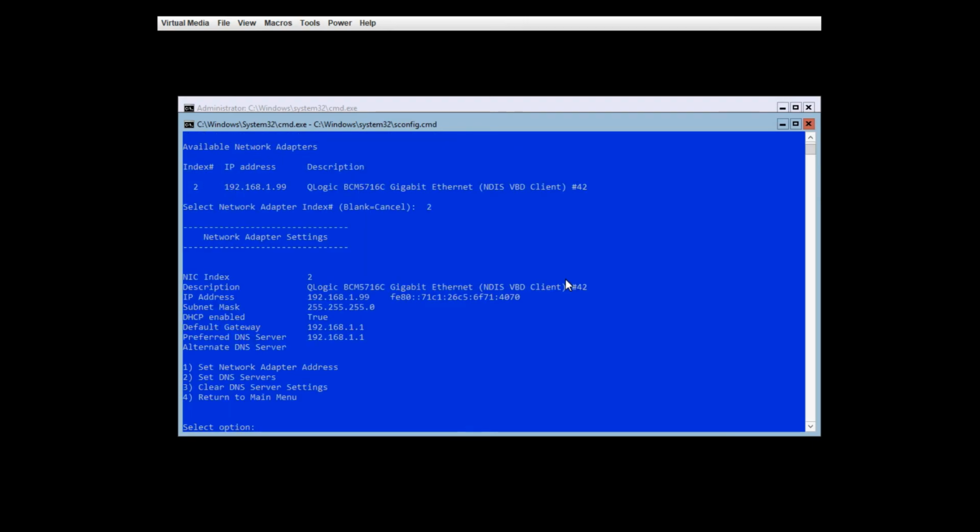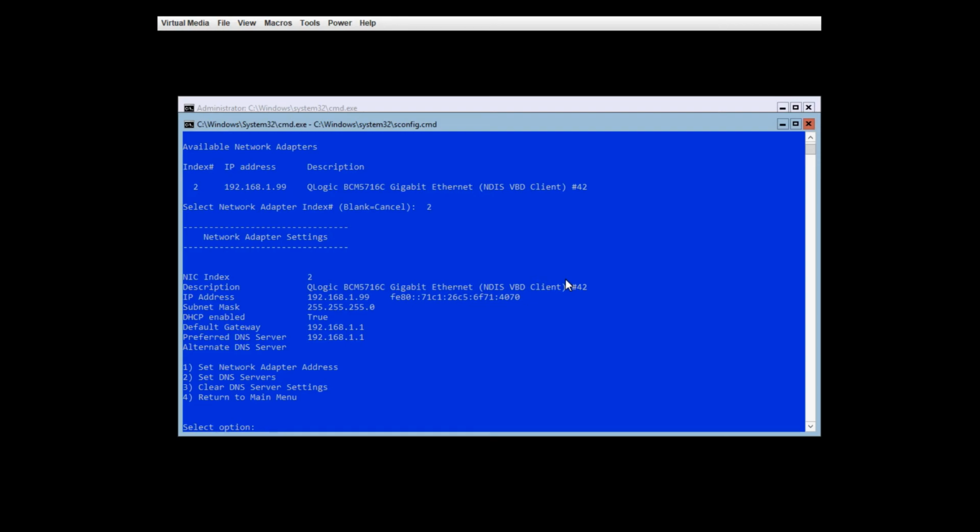Sometimes the index number can look strange. I've seen systems where there's 2 NICs and they're index 15 and 16. I'm not quite sure why it is that way, but just know that it could happen, so don't be concerned if it is. Now this already has IP settings, but I'm going to configure the static settings to be the same,